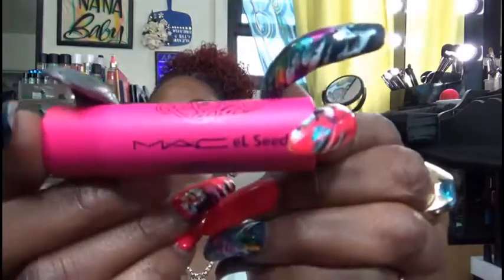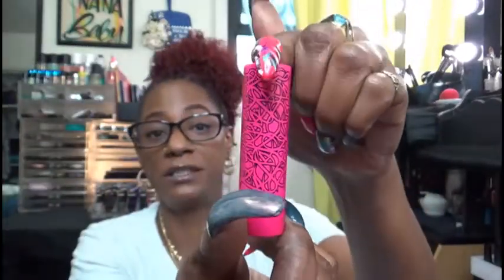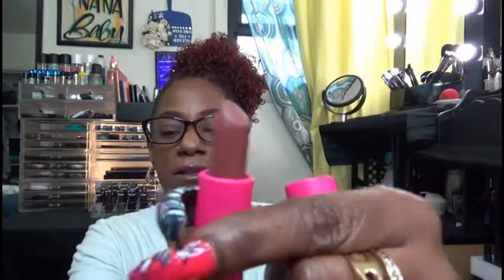The other new item that I picked up came from MAC, and this is from MAC times L Seed, I think it is. But this, yeah, L Seed. Here is the name. And this is what the packaging looks like. Very pretty. And this, oh, it's even tinted on the inside. You may not see that, it's very light. But this is the color. And the color is called